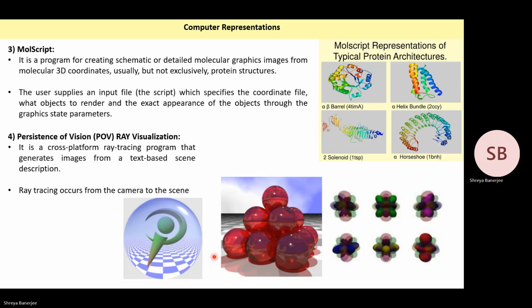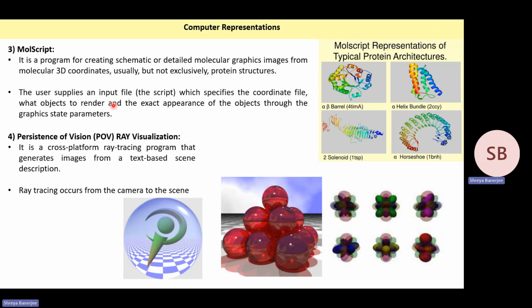Next, we come to MolScript. MolScript is a program for creating schematic or detailed molecular graphics images from molecular 3D coordinates, usually but not exclusively protein structure. So the user supplies an input file, also called the script, which specifies the XYZ coordinates, that is the 3D coordinates, and the user specifies